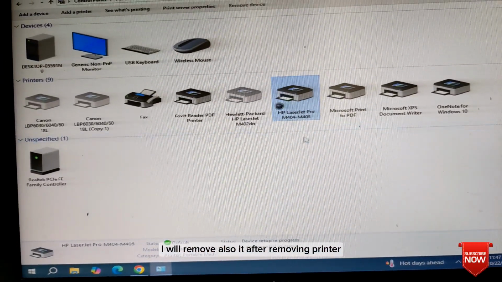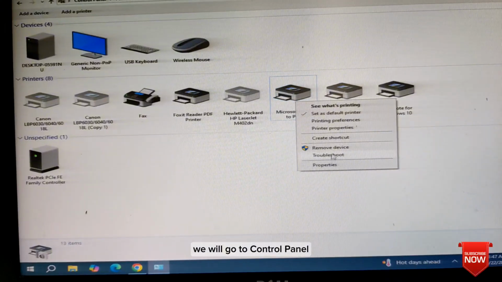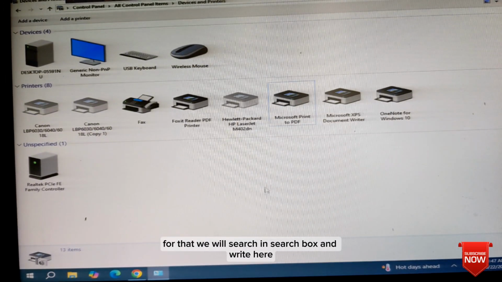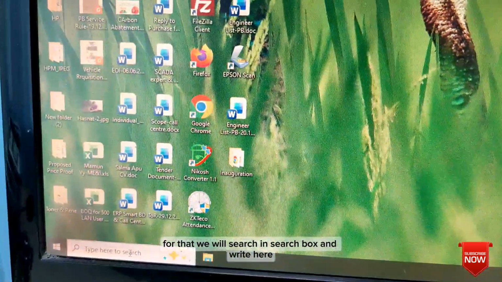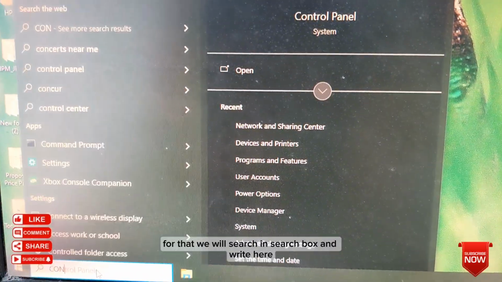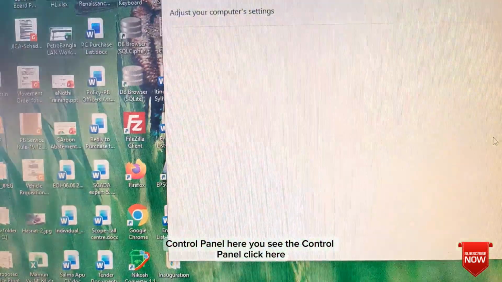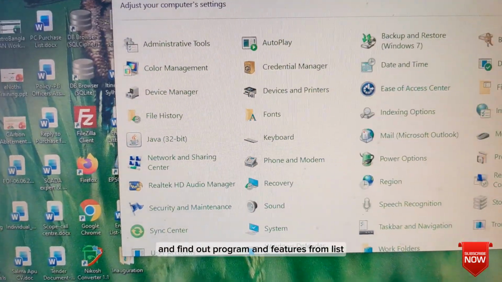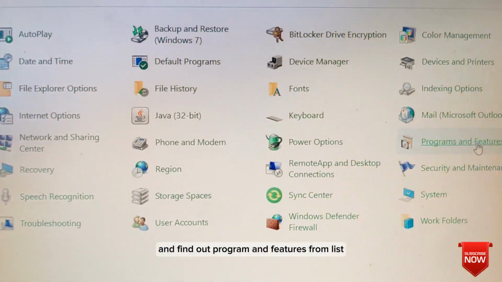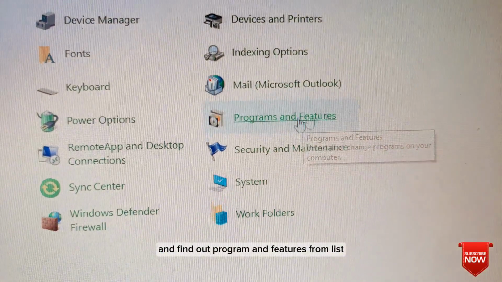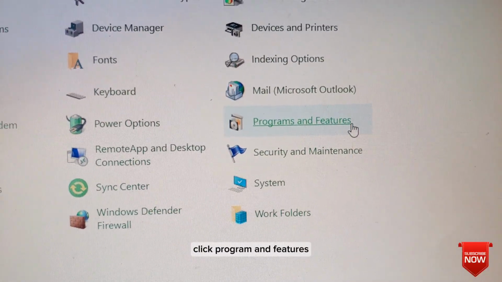After removing the printer we will go to Control Panel. For that we will search in the search box and write here control panel. Here you see the Control Panel. Click here and find Programs and Features from the list. Click Programs and Features